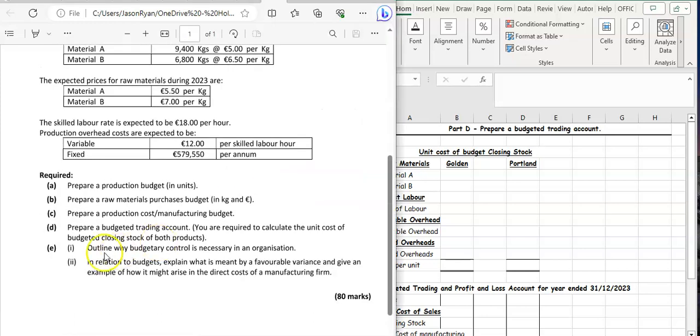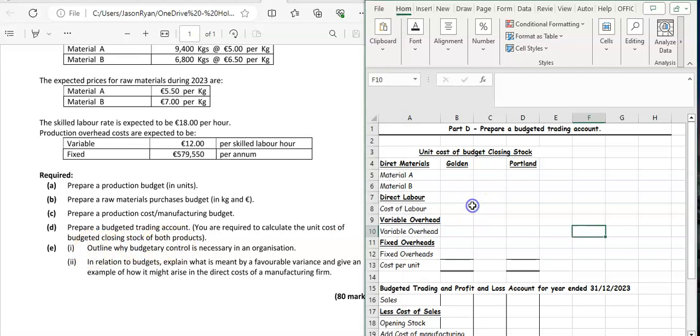Okay, so let's have a look at part D for Harrington 2022 production budget question. It says prepare a production trading account. You're required to calculate the unit cost of budget closing stock for both products. The budget trading account is basically your sales less the cost of sales, which is opening plus purchases take away closing stock. But before we do that, we need to calculate the unit cost of the budget closing stock